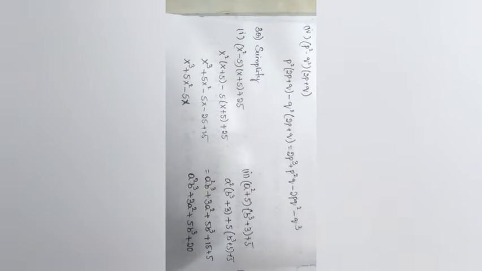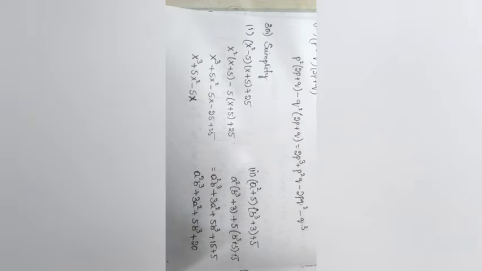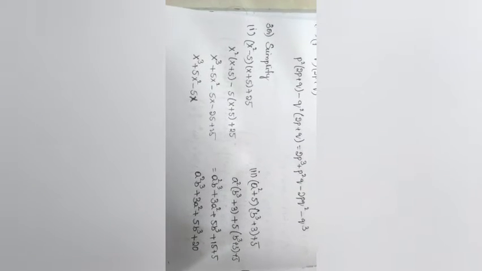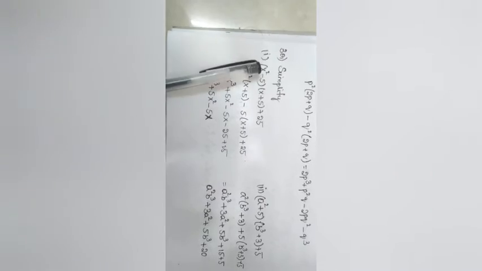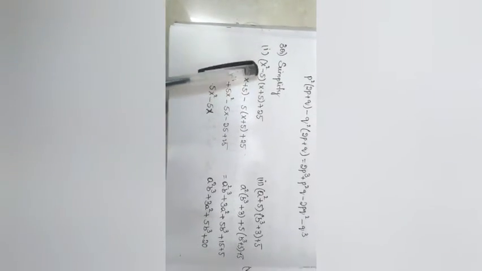See friends, third question. They asked for the product in the first question and second question. Just you need to do the product and give one equation. You need to get any type of equations. But in the third question, what they asked is simplify. So they will give it in the form of x square minus 5, but you need to simplify to this form. So it is also the same as product itself. Just they changed the question to simplify.